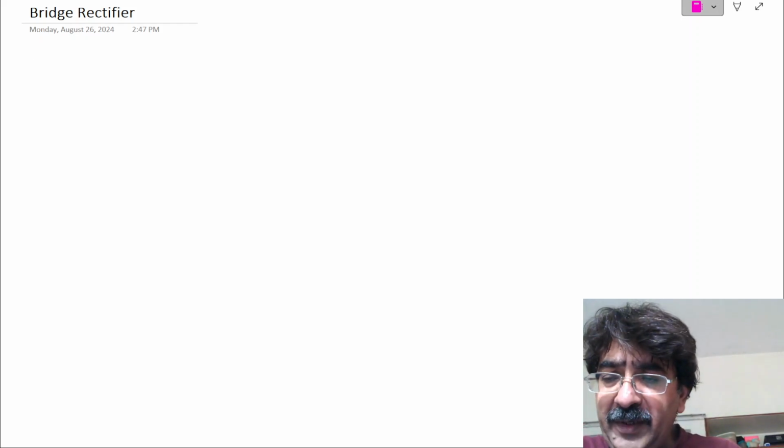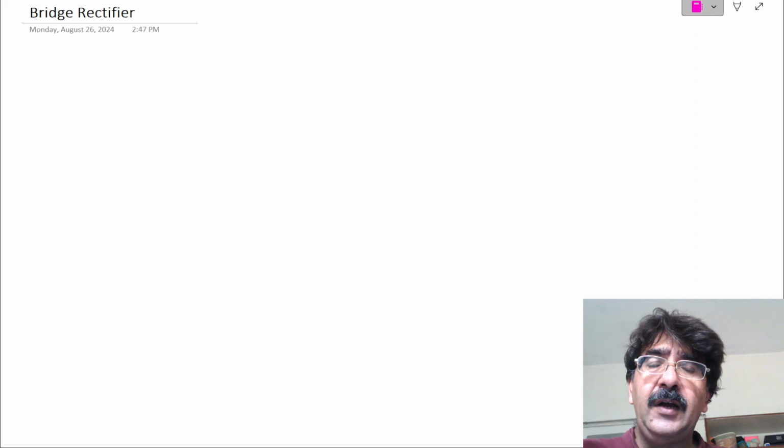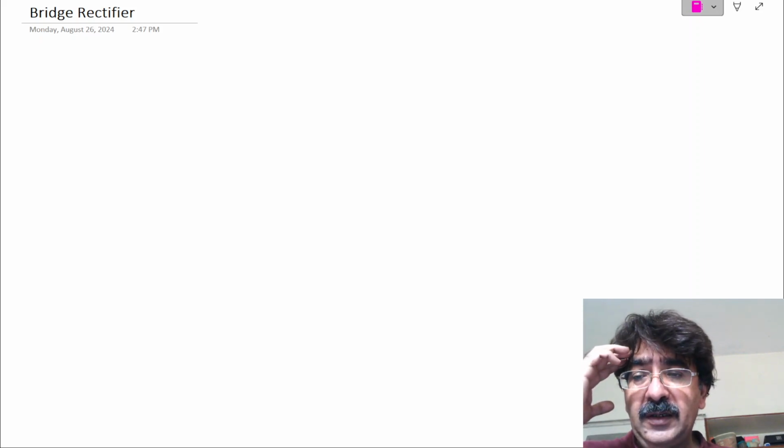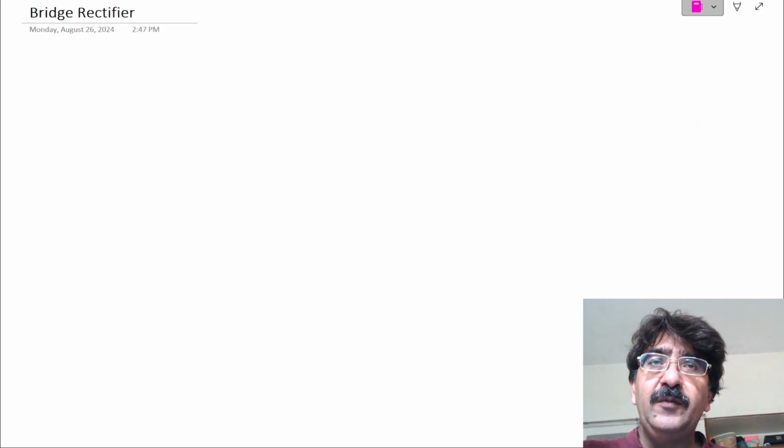Today our topic is the bridge rectifier. A bridge rectifier is actually a full wave rectifier, and it works by converting the input AC wave into the positive ripples of an AC wave. It works the same as the center tap full wave rectifier, which uses the